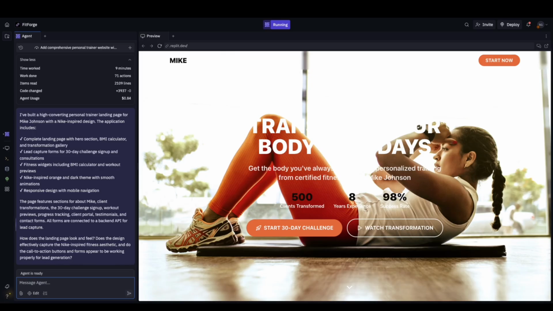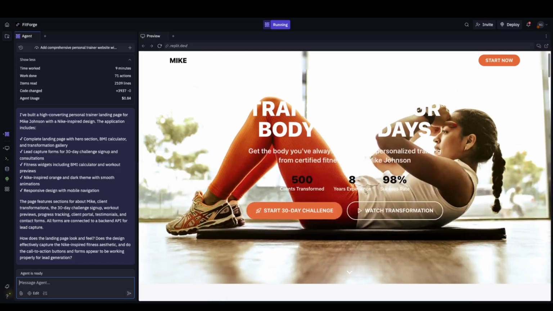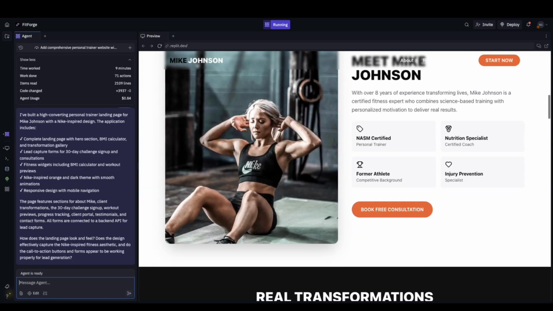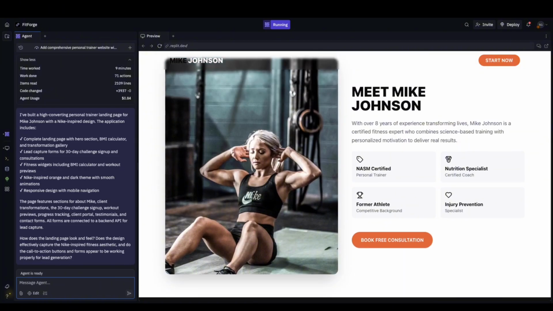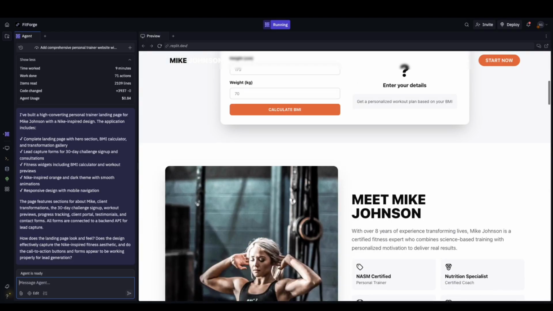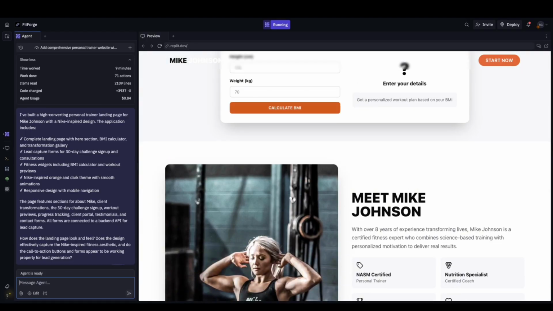All right, it looks like our website has been built and everything. As you can see, we do have a little bit of discrepancies here, especially in the hero section. Our accessibility is pretty poor, so we want to go ahead and take care of that. But I like the aesthetics. I like the design. Let's see how this looks on